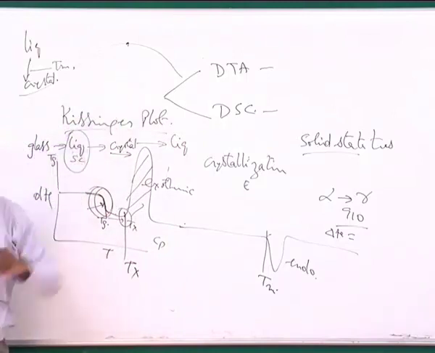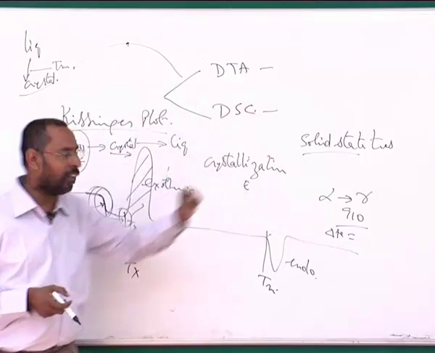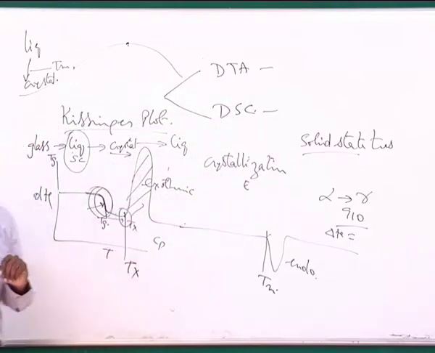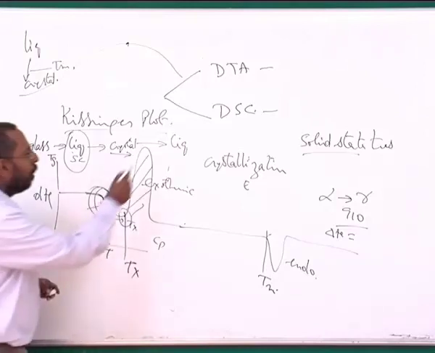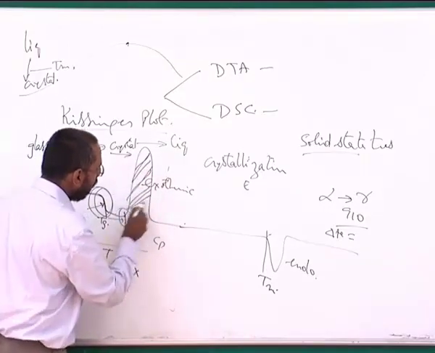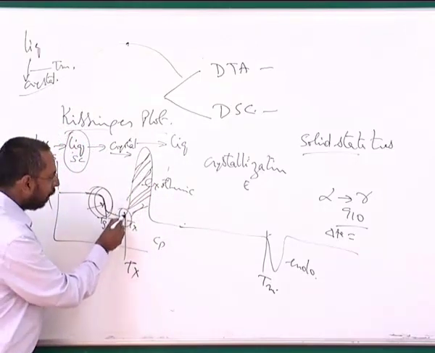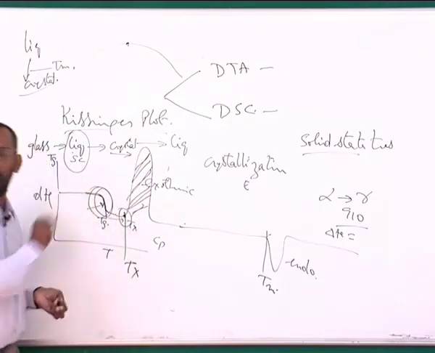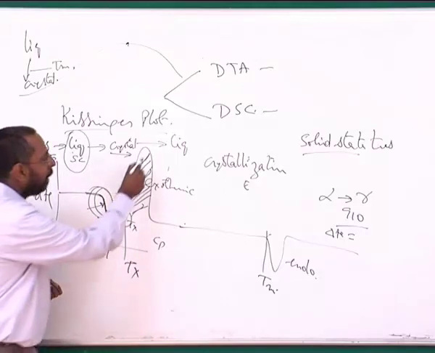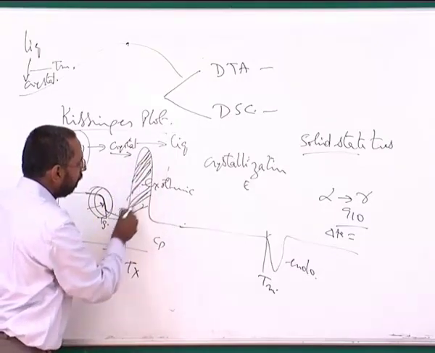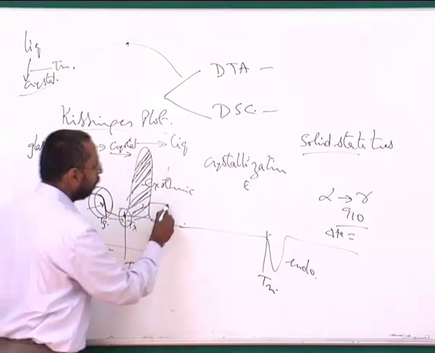So this is a technique where I use the enthalpy differences. Of course, one needs to do a calibration to be able to know where I get the enthalpy from. This particular thing only tells me the temperature at which this transformation is taking place. But the area under this peak will give me the delta H.